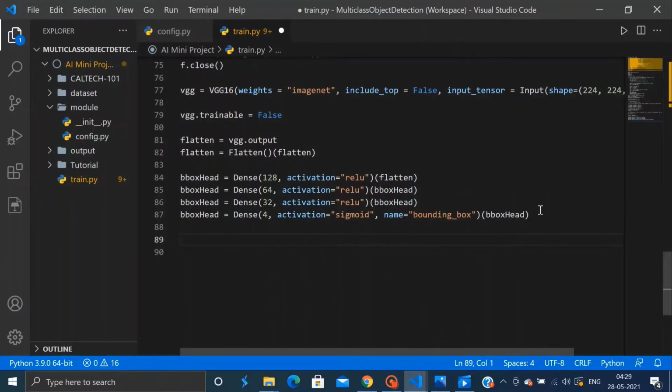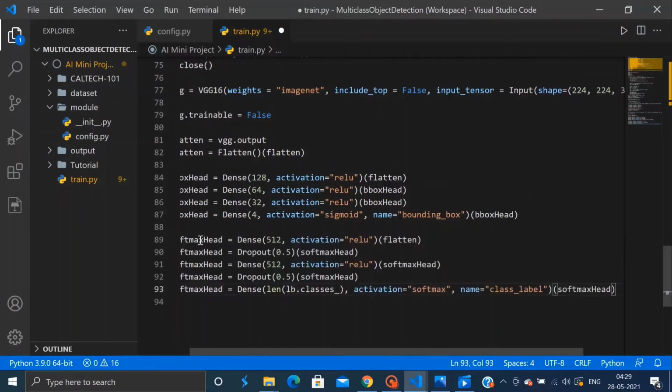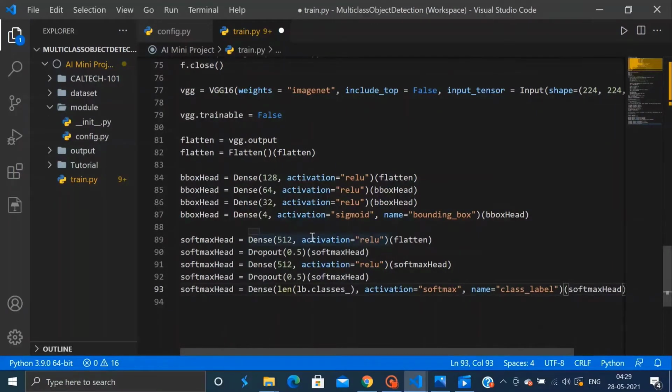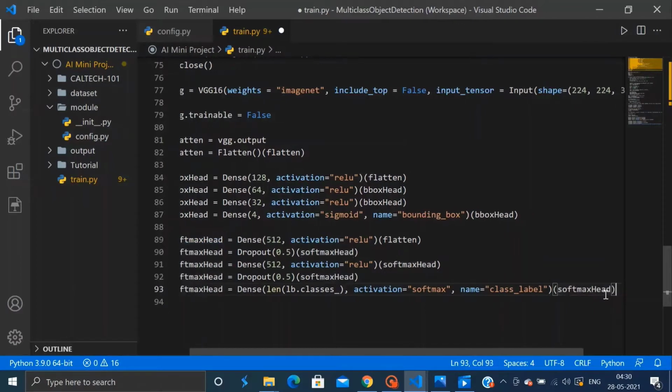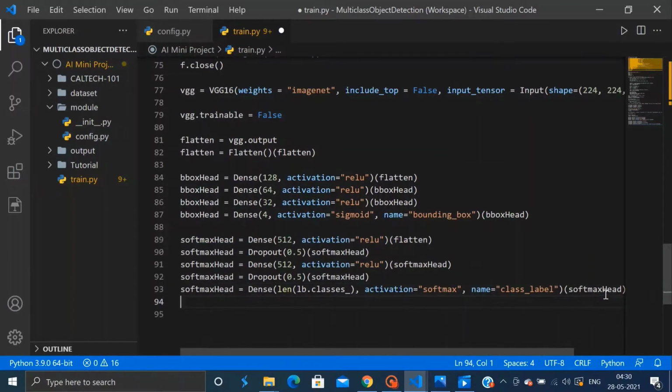So our second branch, our softmax head, is responsible for predicting the class label of the detected object. It is very similar to our first branch, which was the bounding box head. So we will just create this second branch after the bounding box head.